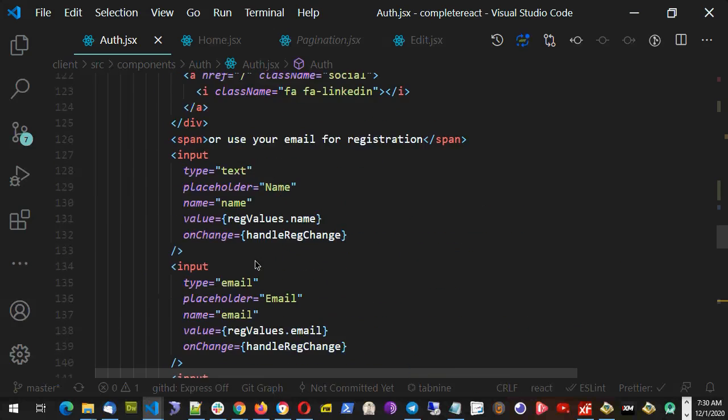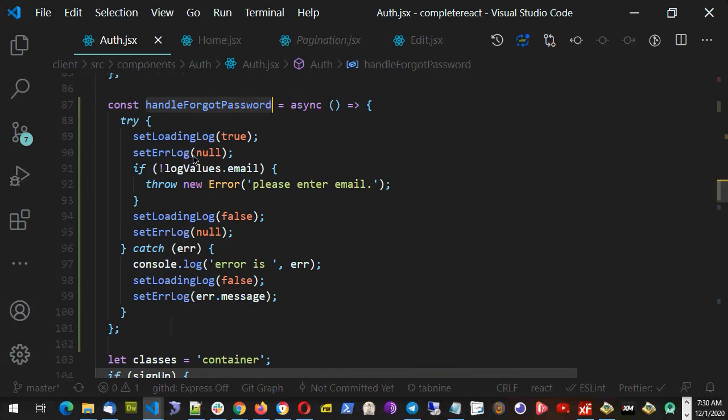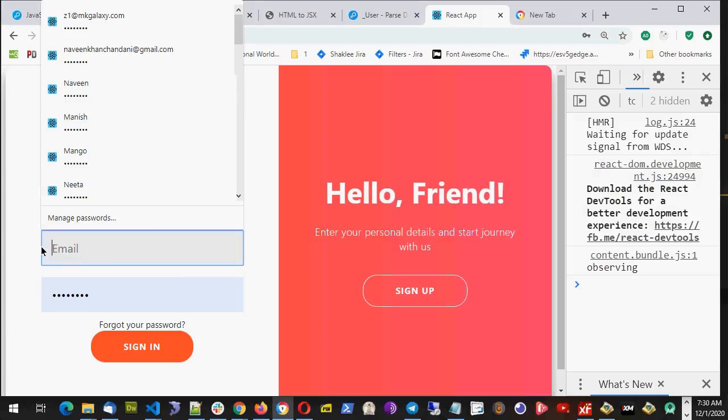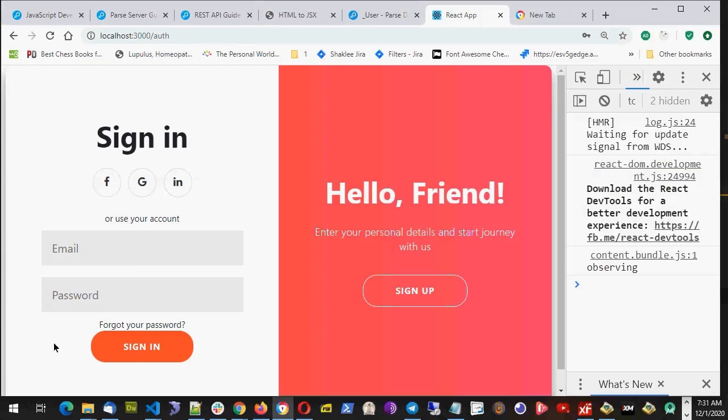So when I click the forget password, it will call this function and check if the email value is there. If the email is not there, I will throw the new error, and new error means it will go to this part and set the error. Okay, so let's try this one. I will empty this email and try to show the